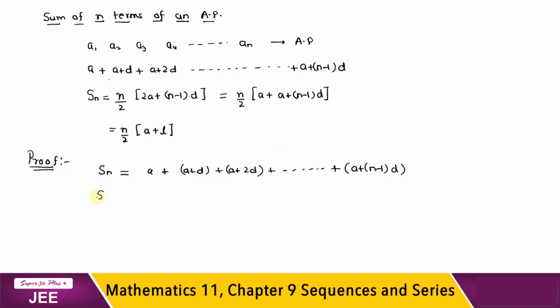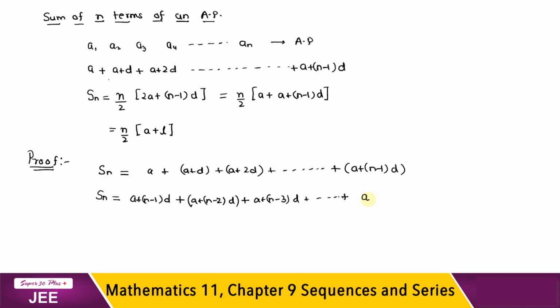So I can write Sn in another fashion, which is equal to a plus n minus 1 d. I am writing this term over here. Then before this term there would have been a plus n minus 2 d. Before a plus n minus 2 d there would have been a plus n minus 3 into d. So I have just inverted this series and written it this way in order to add them up and get the same answer. So in the end, below here, we have the first term, that is equal to a.